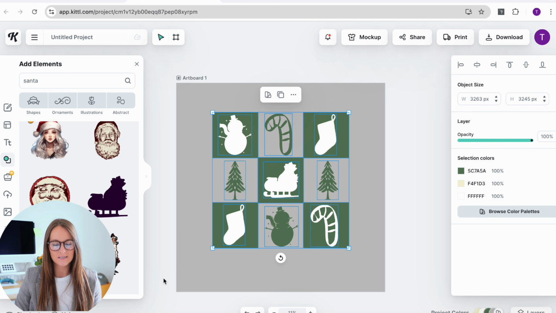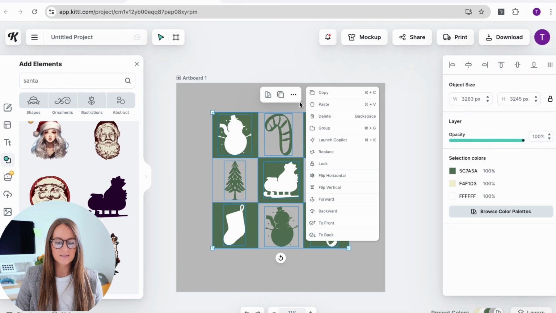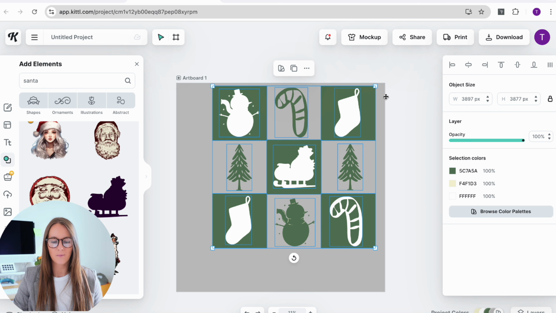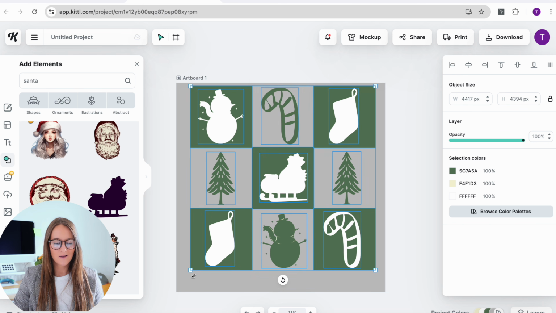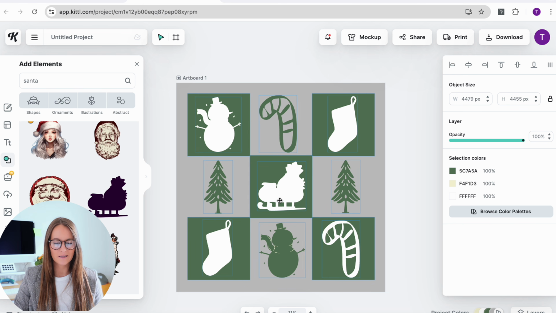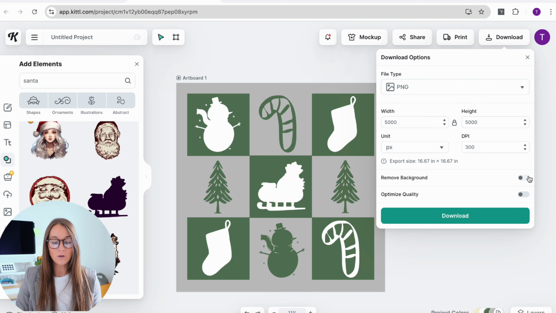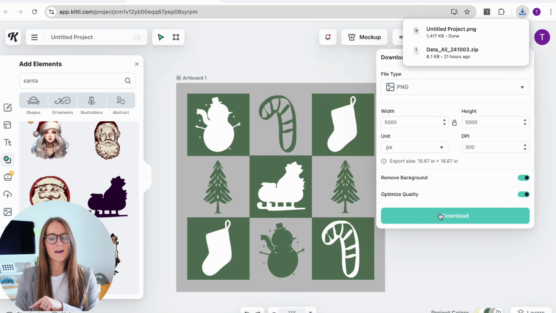So what I'm going to do first is I'm going to go ahead and just group this together. I always like to do this when I have multiple elements going on, because otherwise you start dragging things around and they get discombobulated, and it's just kind of a pain to get it all back together. So making that a little bit larger, it's all grouped together. I am going to download this, remove background. I always click optimize quality. We're gonna download this and then we're gonna add it back in, and I'll show you what we're gonna do